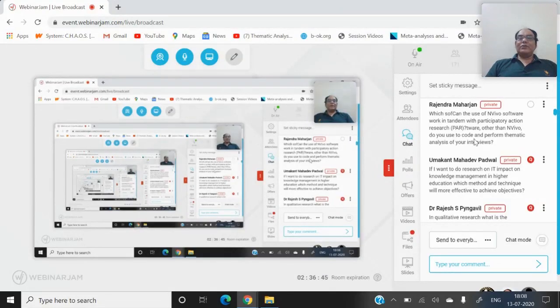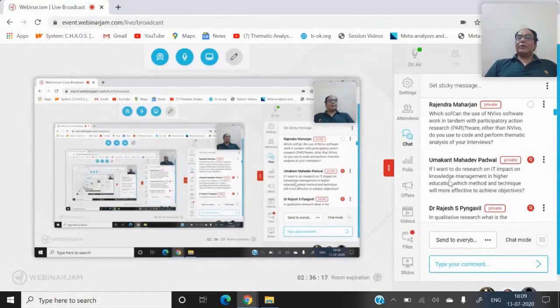And there are different softwares available for qualitative research, like Atlas TI, which was very popular a few years back. Now NVIVO is very popular, and similarly many softwares are coming up, and even R and Python are also doing this qualitative research. So there are many softwares available for doing qualitative research. Okay.